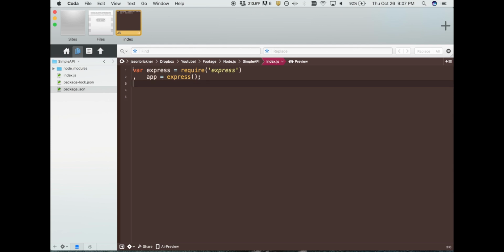But it doesn't really matter for what we're doing. So then I also want to import body-parser. Now I'm going to use app.use